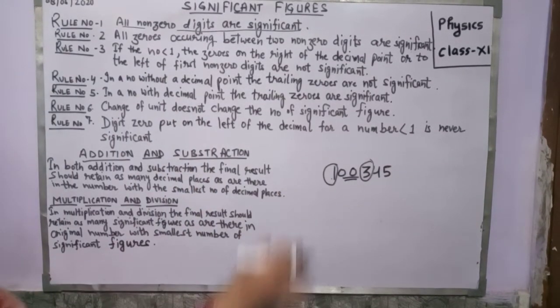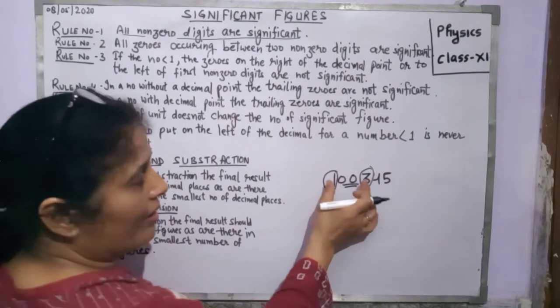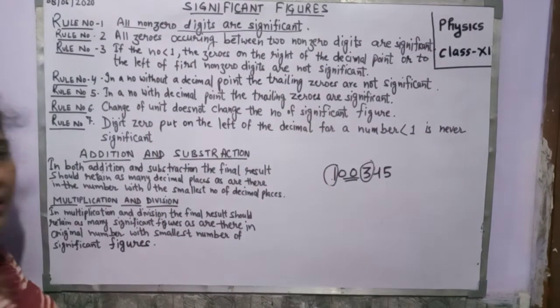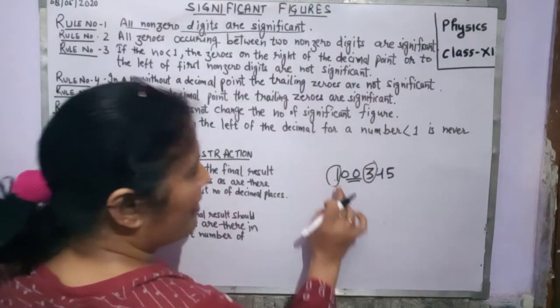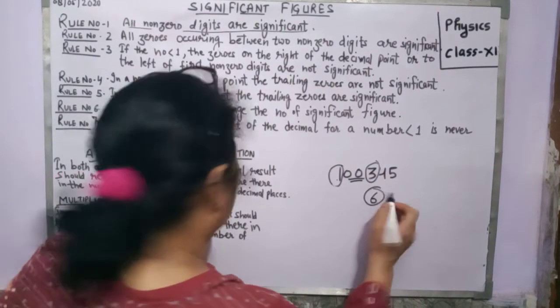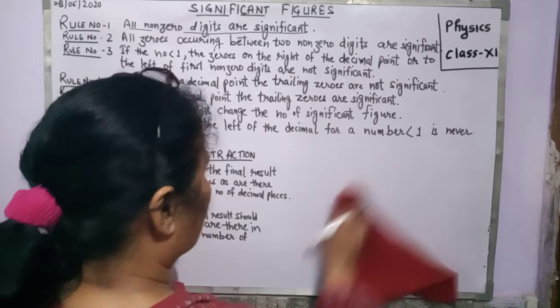These are the two non-zero digits, and these two zeros lie between two non-zero digits. These two zeros are also significant. How many significant figures are there? 1, 2, 3, 4, 5, 6. Significant figures become 6. If there is any decimal point, suppose this one